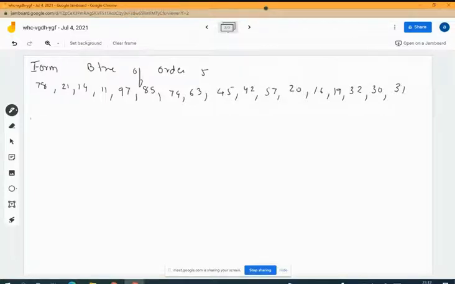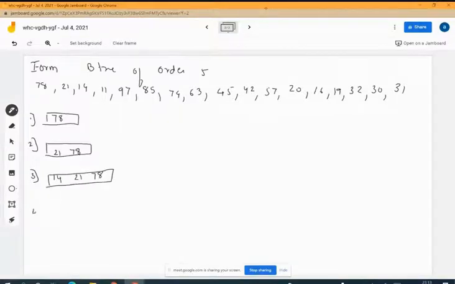So when I start with step number 1, naturally 78 will not create any issue, so 78 can be written as it is. Second, when I want to insert 21, I can insert 21, but the only thing is that I should maintain the sequence as I have told you. Whenever we are inserting, 21 will come before 78, so I'm maintaining the ascending order. When you come to 14, 14 also can be inserted this way, so it will be 14, 21, 78 without any issue. When you try to insert 11, naturally it will be 11, 14, 21, 78, so this also will be together.